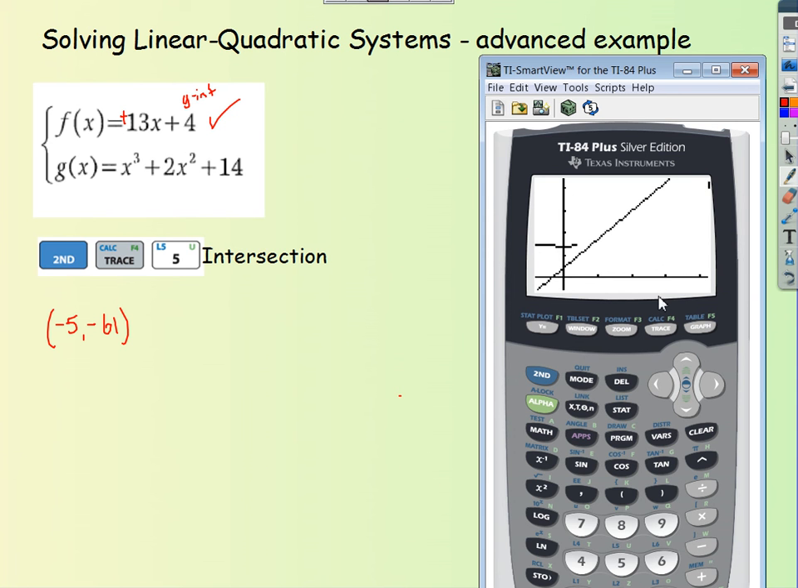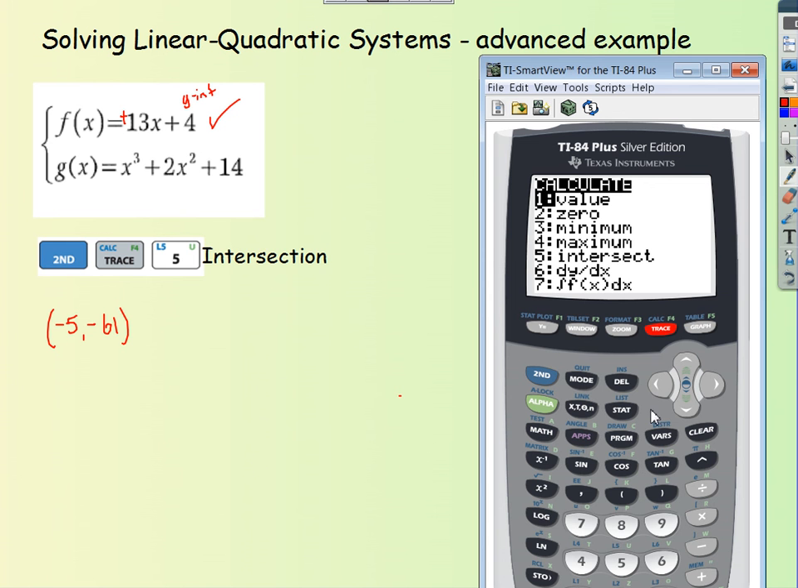Once it zooms in, I can see clearly that my parabola comes across the linear function and crosses. So I have an intersection about right there. It comes on the other side and then it crosses back over. So I have a second intersection about right there. One option would be to zoom in again if you feel necessary. We should be able to at this point go ahead and say second, trace, number 5,